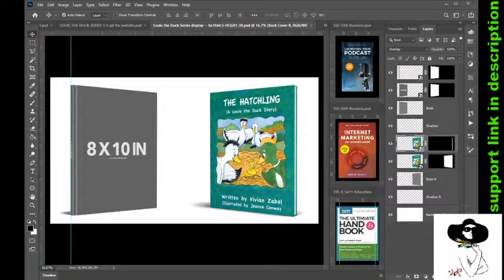I'm looking for the file for book number 1. I never had to do a cover for the left that included the spine until now. So